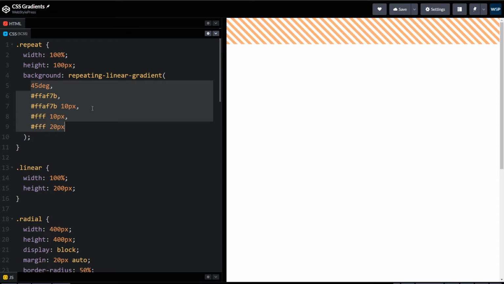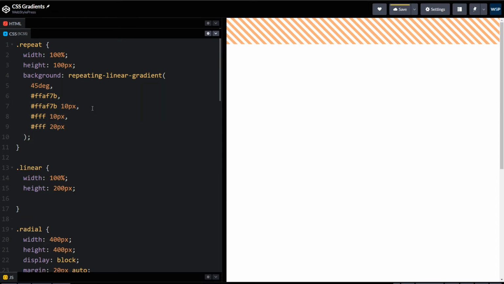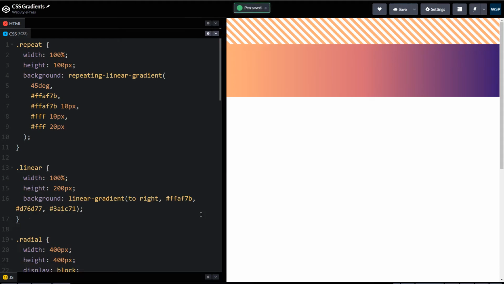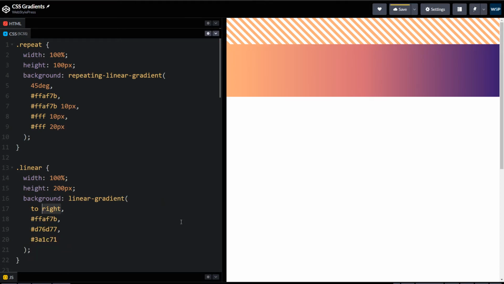Then we have a simple linear gradient. Background: linear gradient. This is also a function. To right, first color, second color, third color. Save. We can use direction for this gradient. We can specify as many colors in it as we like.